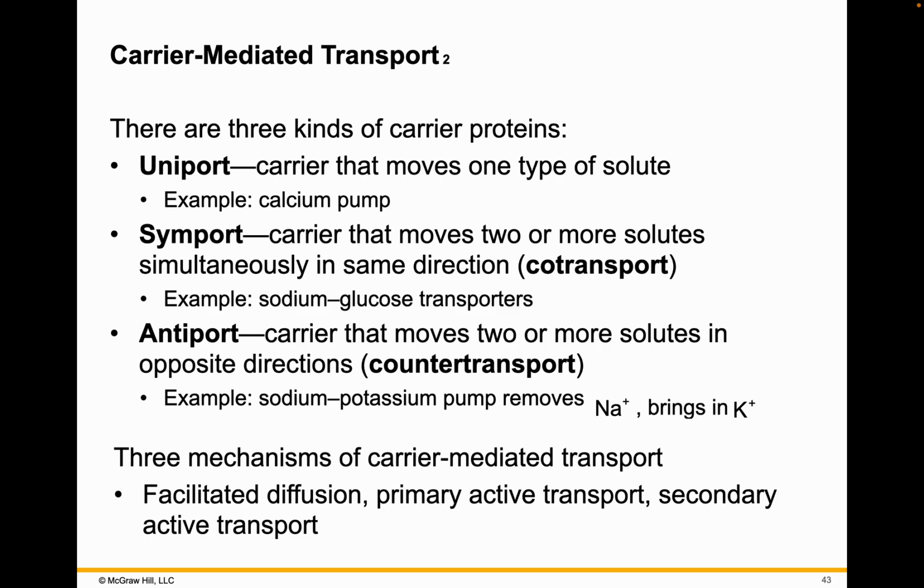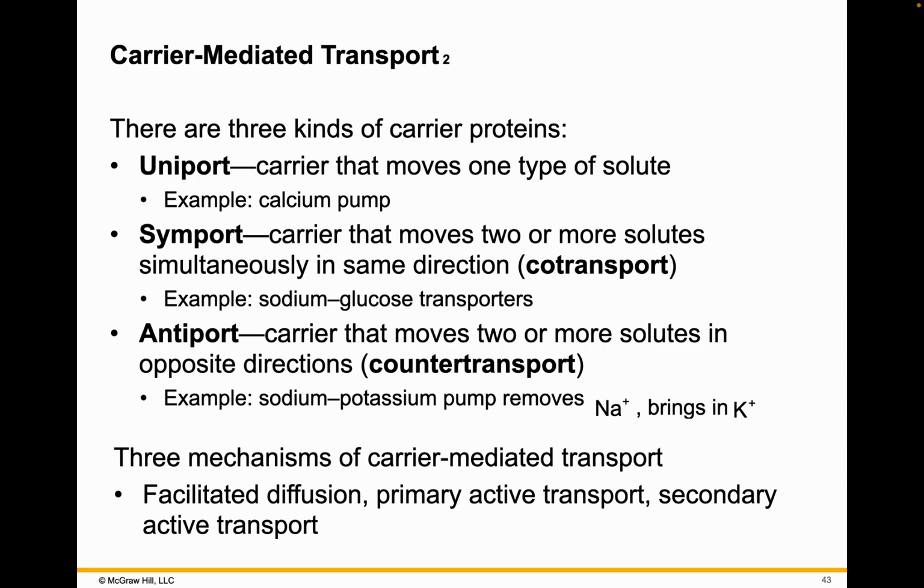Three kinds of carrier proteins: uniports, symports, and antiports. A uniport is a carrier that moves one type of solute, the calcium pump, for example. A symport is a carrier that moves two or more solutes simultaneously in the same direction, so a co-transporter. Sodium glucose transporters are co-transport. And an antiport carrier is one that moves two or more substances, but each one goes in opposite directions, so a counter-transport. The sodium-potassium pump that we're going to see a lot of in the nervous system is an example